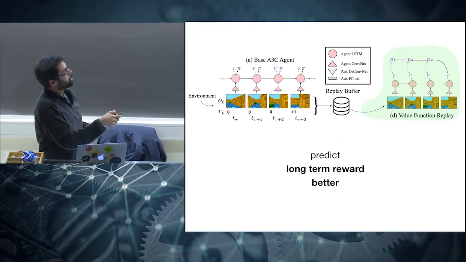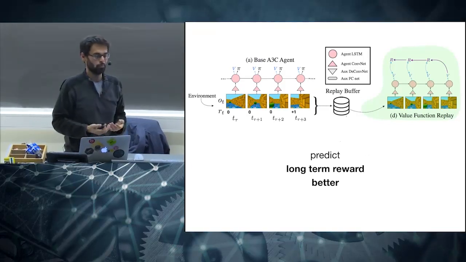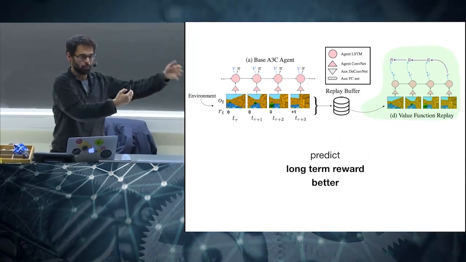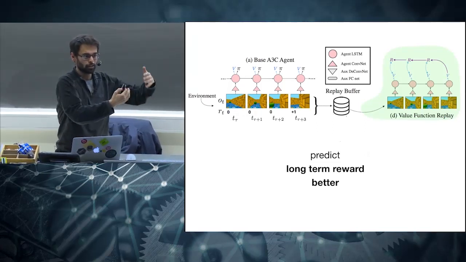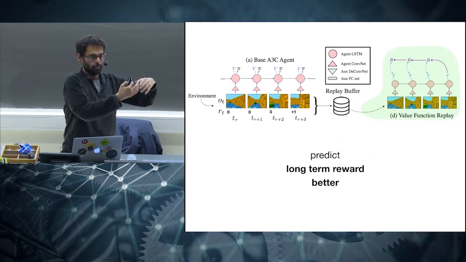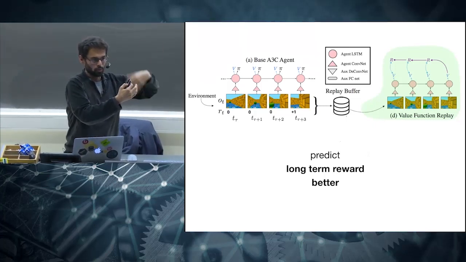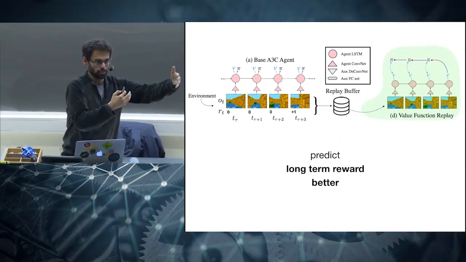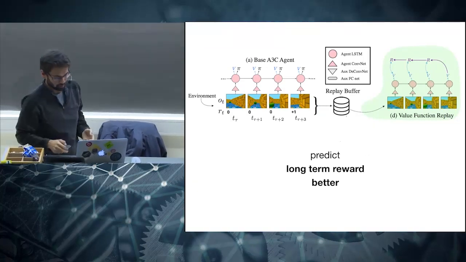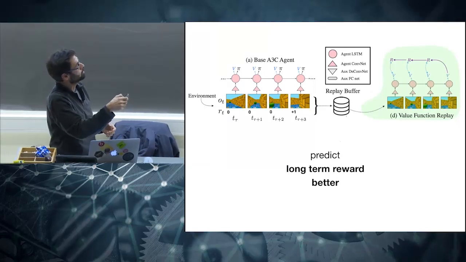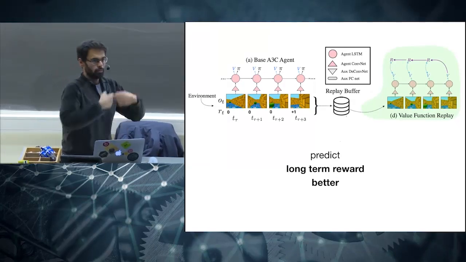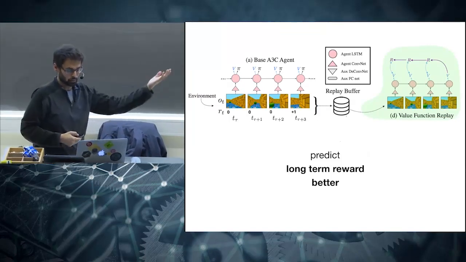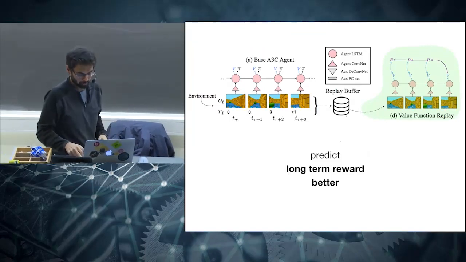So if you have a good value function, that means what? That means that you can evaluate the policy that you're following better. That means you can optimize the policy. If you can evaluate it better, that means you can optimize it better. So if we can sample the replay buffer to make the value function better and better, that's an auxiliary task that helps as well to better the policy.